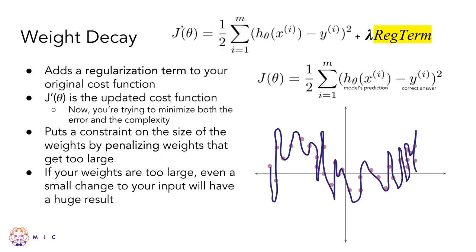All right. So the first one that we're going to talk about is weight decay. Before I get into what it is and how it works, I want to go over with you just some of the terms on the top right. So recall that J of theta, that's your cost function, also called your loss function. What it does is measure error. So h theta x of i, that's the prediction of your model, given x of i, which is your training example, and y of i is the correct answer. So what J of theta is doing is taking both and saying, this is how far off you are,